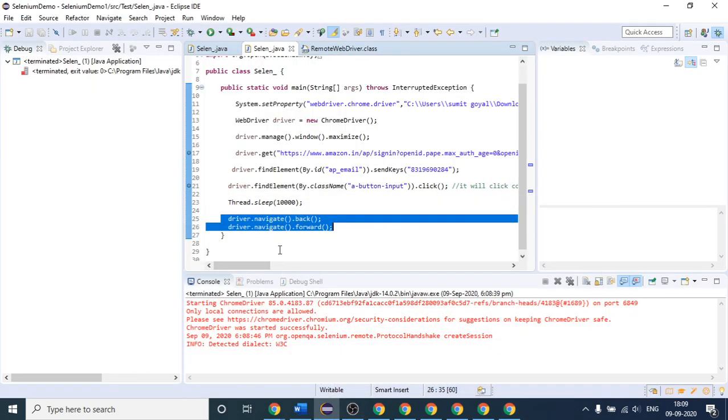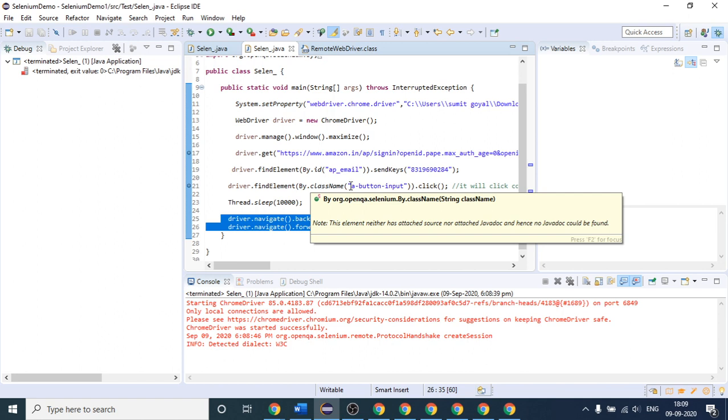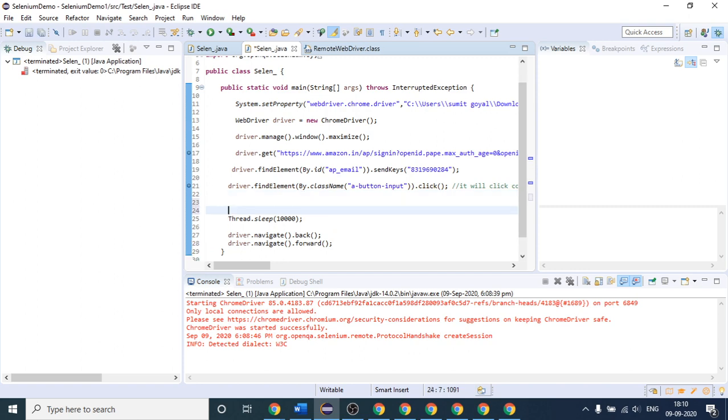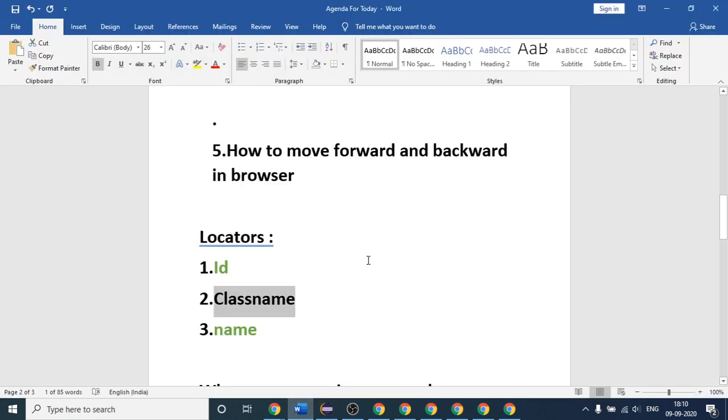One more thing is left. Okay, I think class name, we have discussed the class name. Before wrapping up this session, one more important point I would like to tell. As of now, you are able to use By dot className easily, but sometimes it may so happen. Suppose this is the class name. Okay, let me write it here.